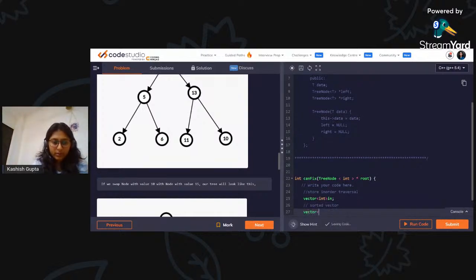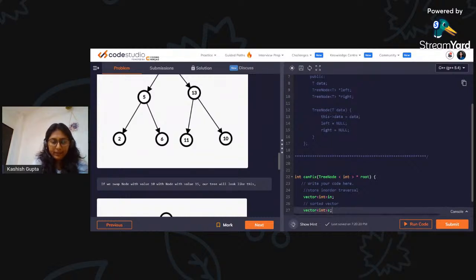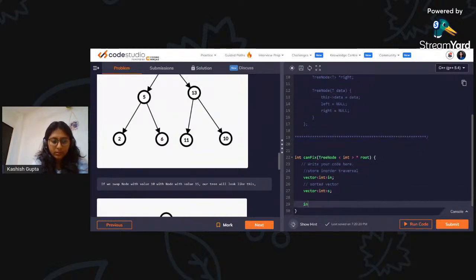So vector int s, and to store these we'll call a function inorder to which we'll pass root, in and s. So let's create this first. Void inorder, Node star root, vector int ampersand in,